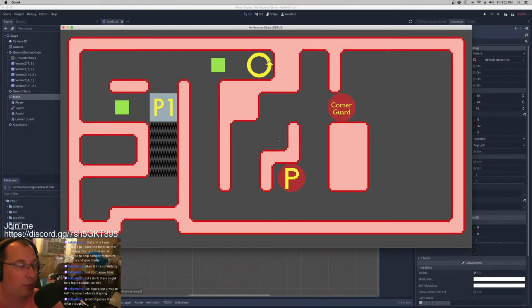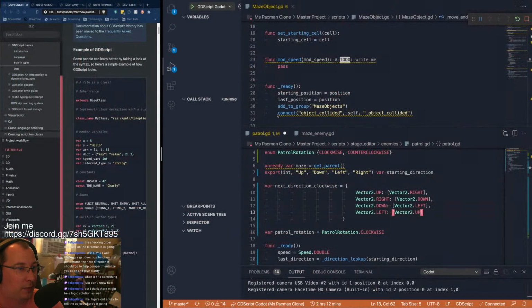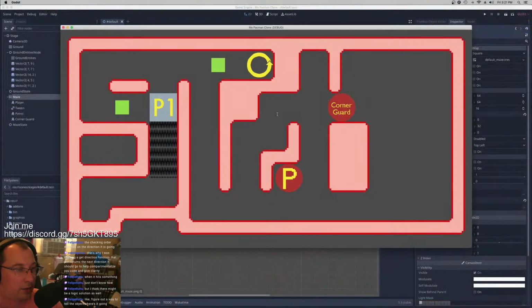So always we try to go the last direction. Then if we hit a collision going the last direction, then we attempt to change directions. If we can successfully change directions,